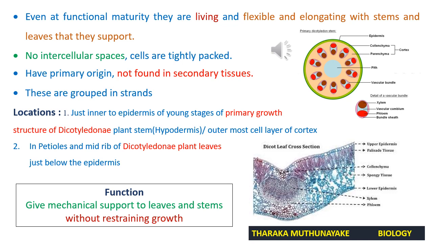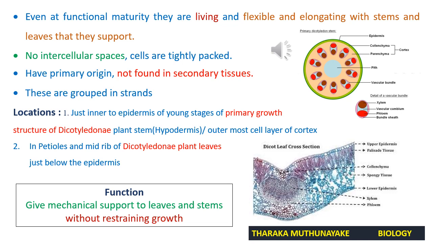In other words, you can memorize it like this. After the secondary growth in woody dicot plants, collenchyma tissue can't be observed as the outermost layer of the cortex, or near the epidermis; there is no collenchyma tissue layer. Also, we can say there is no collenchyma in the stem after the secondary growth in dicotyledonous plants. Okay. Then go to the second location.